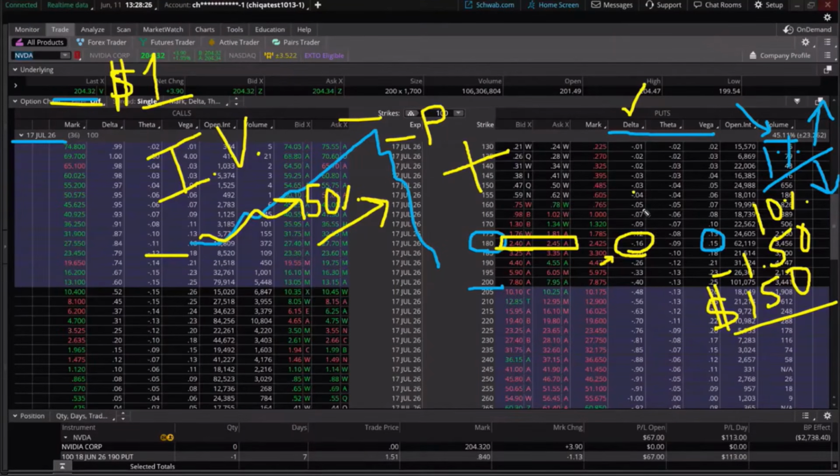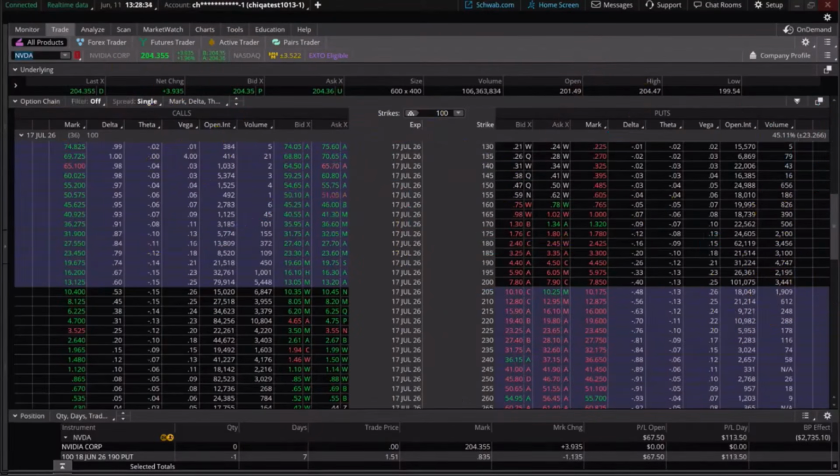So that could also be a positive. Sometimes you'll see that implied volatility dip when prices go up as well. So that would be a double whammy on that. Not to mention theta, which is time decay. And this time decay on this option is about 9 cents, or $9 a day per contract as it stands. And that's, by the way, 7 days a week.